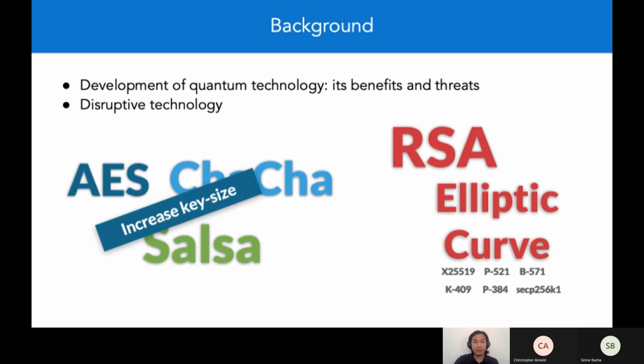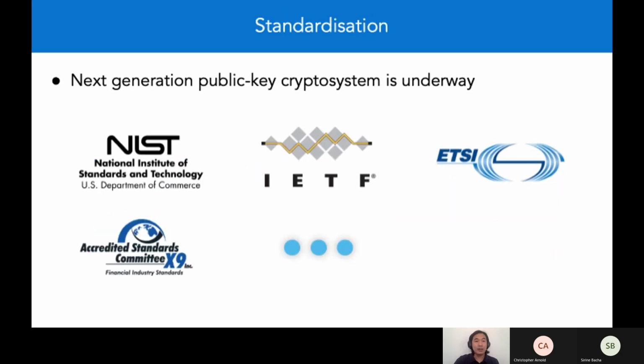So what does that mean? Does that mean that we are heading towards doomsday? Luckily, it's not. We are in good hands. There are ongoing and active activities in creating new standards for cryptography that is resistant against quantum computer attack. The work spearheaded by NIST is very close to coming up with the first set of standards. We at PostQuantum are involved in this activity. We are a member of the Classic McEliece submission team, one of the submissions that is a finalist in